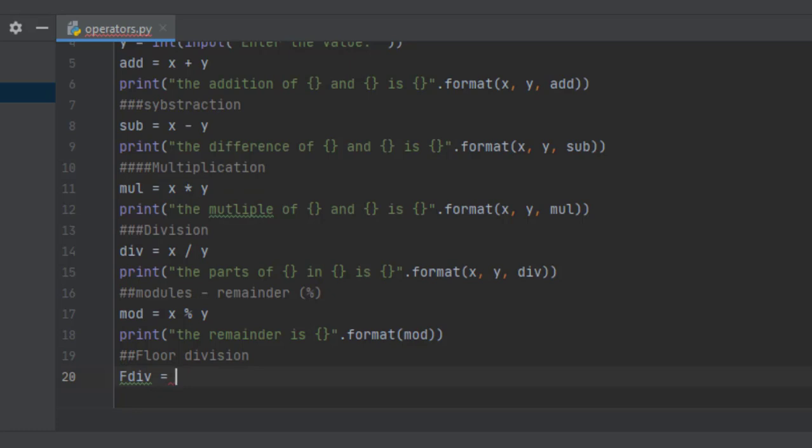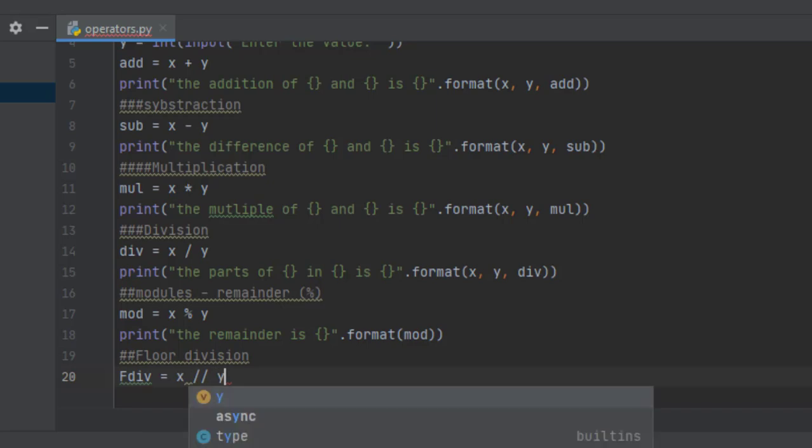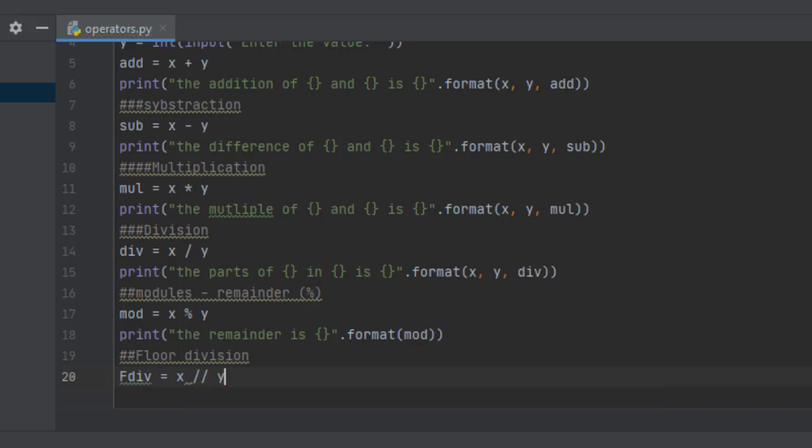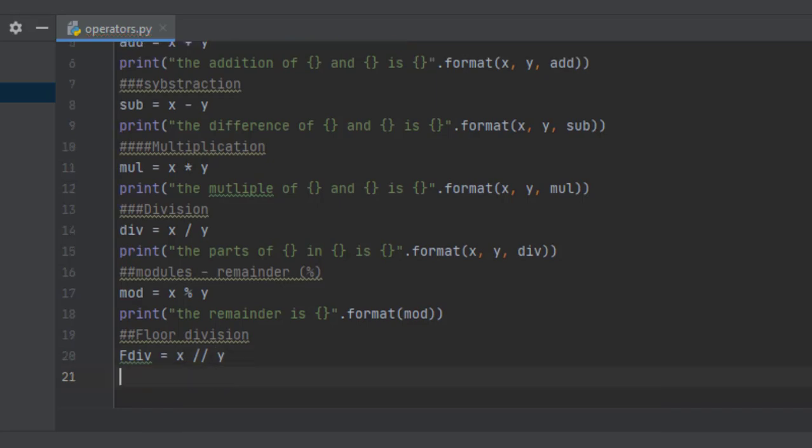It rounds down to the nearest whole number. Suppose the values are 3 comma 2, like 3 floor divided by 2. In regular division it will give you 1.5, but in floor division it will simply give you 1. It does not calculate the floating values and the decimal points. It simply gives you the whole number.